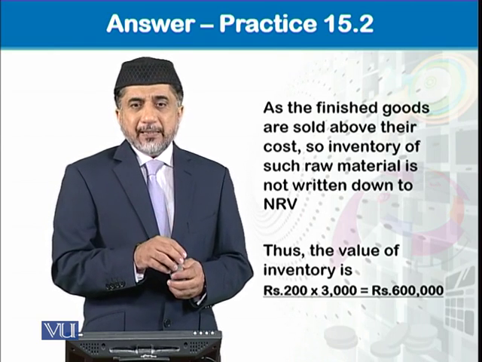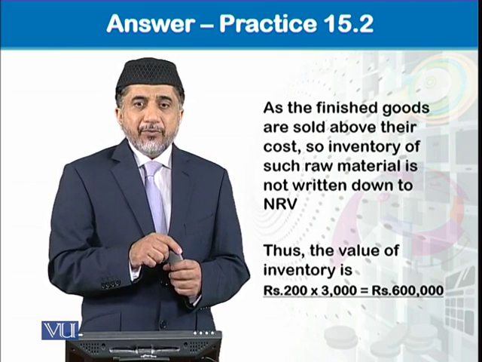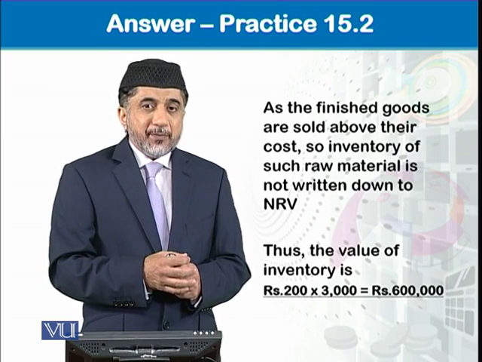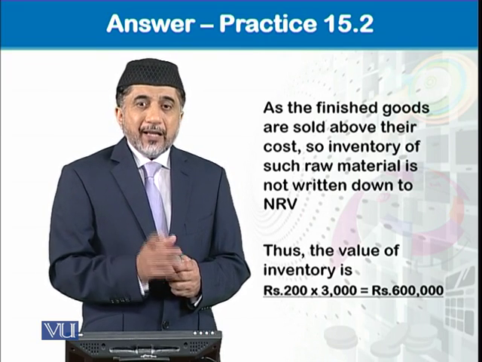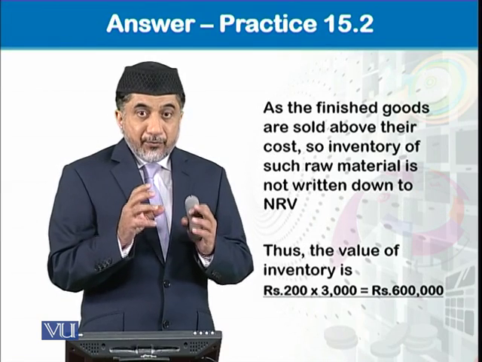Here remember one little thing, that for raw material, the net realizable value is its replacement cost. And what was its replacement cost, by the way? 180 was its replacement cost. Just have a look at it. That 200 was its historical cost, and its replacement cost, meaning the cost at which this inventory can be purchased, is 180. So when our finished product,